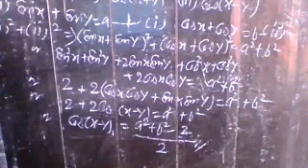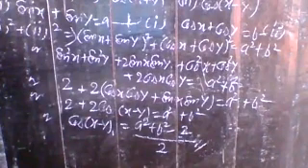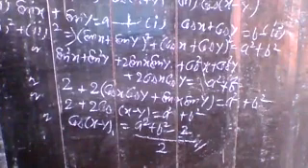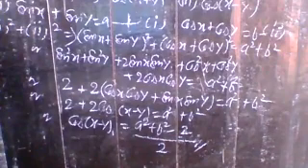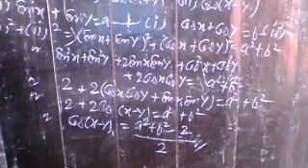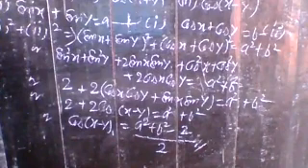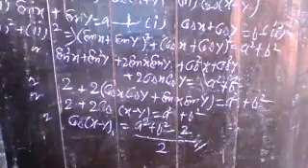Actually, the same question I discussed in previous classes. I think at that time you were absent. Sir, actually I had done it before, but now I have forgotten it. Okay, so listen. What you do here, you take cot 3x, and cot 3x can be written as cot(2x plus x), applying the identity of cot(x plus y), and taking cross multiplication, arrange its terms. Finally, you will have your answer in two or three steps. Okay, sir.